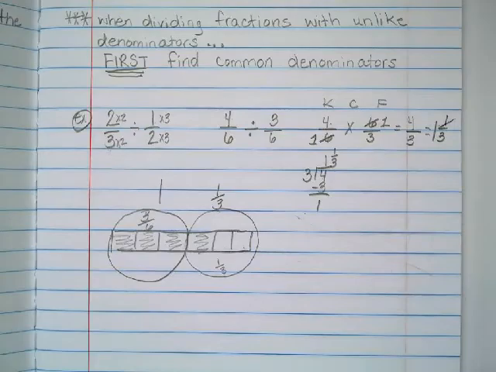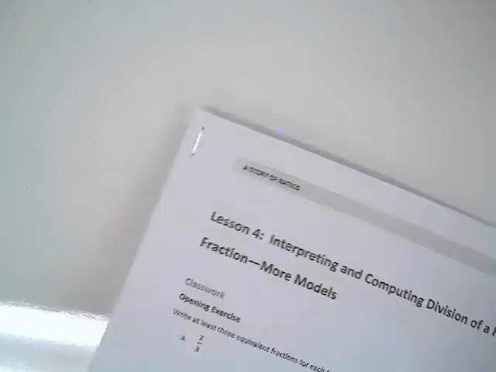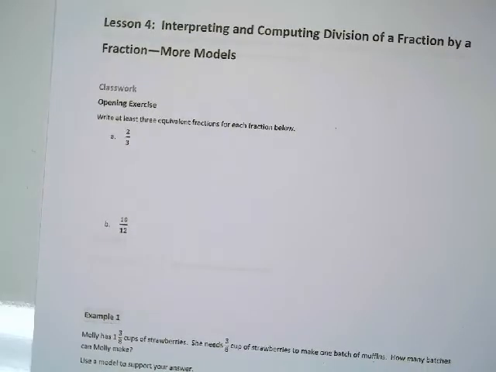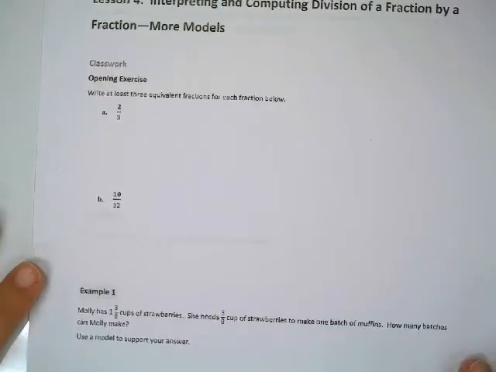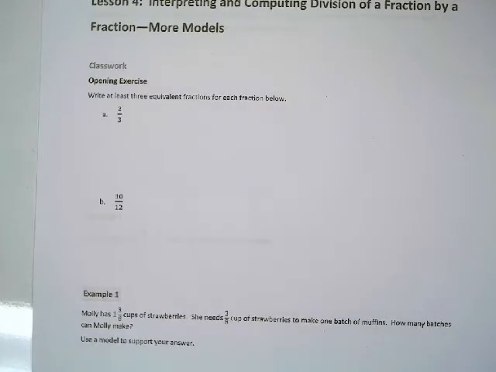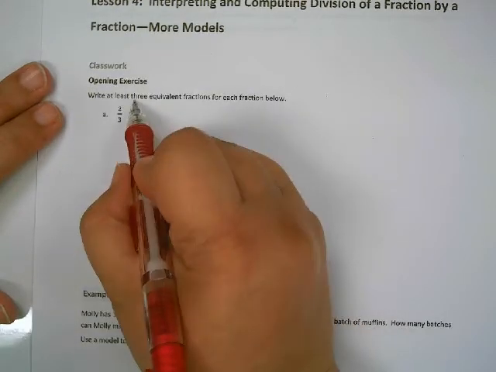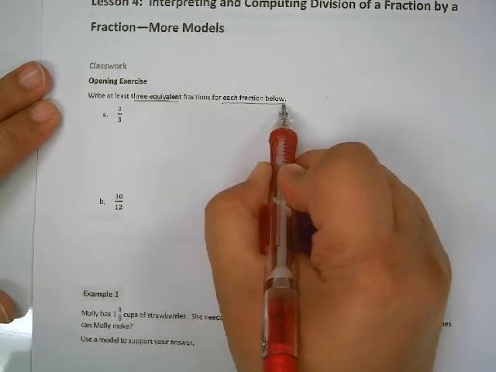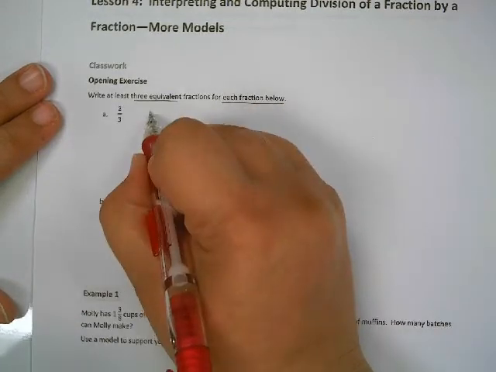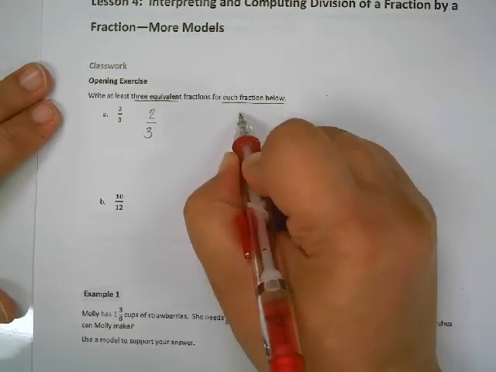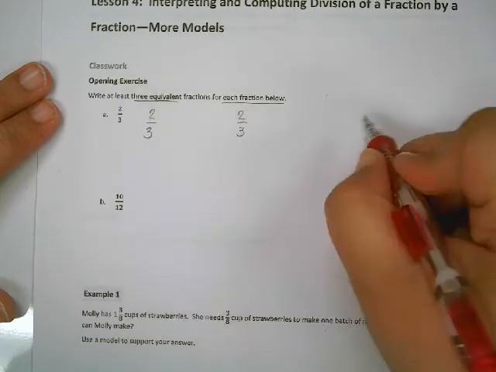So go ahead and take out your math book and open it up to page S17. That's lesson 4, interpreting and computing division of a fraction by a fraction with models. So this first part, this opening exercise, they just want you to make some equivalent fractions, and it says write at least 3 equivalent fractions for each fraction below. So I'm just going to go ahead and write that fraction 3 times,